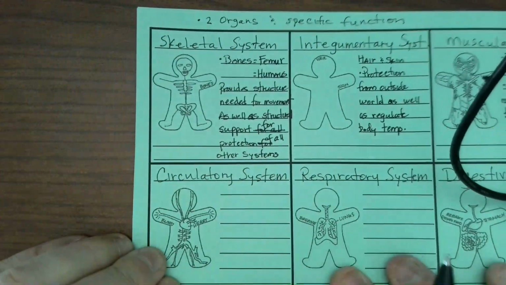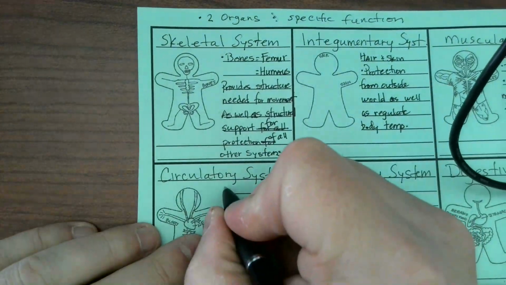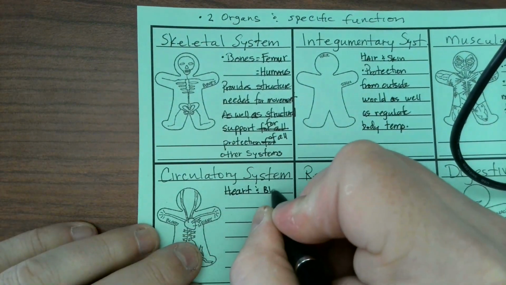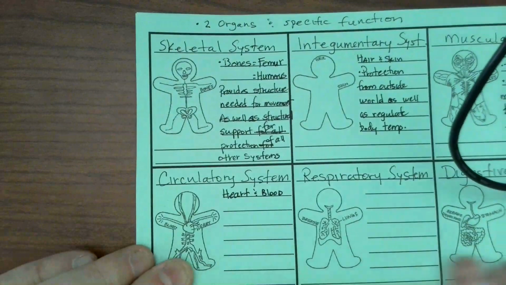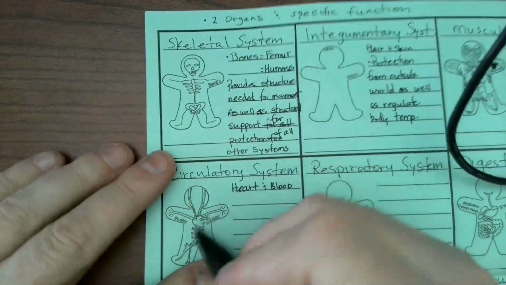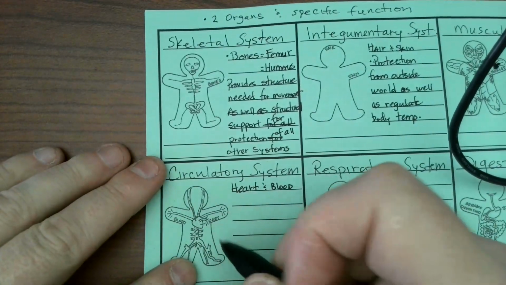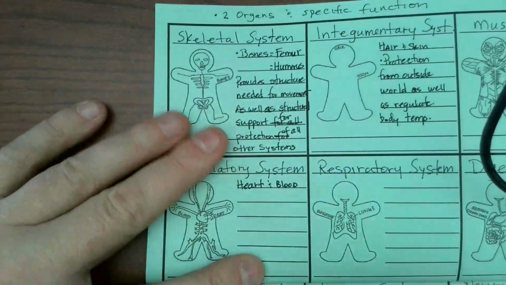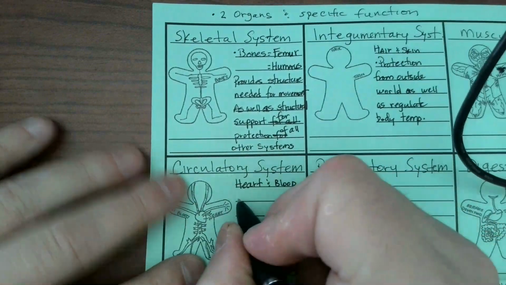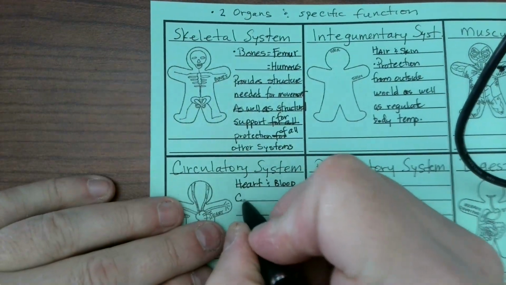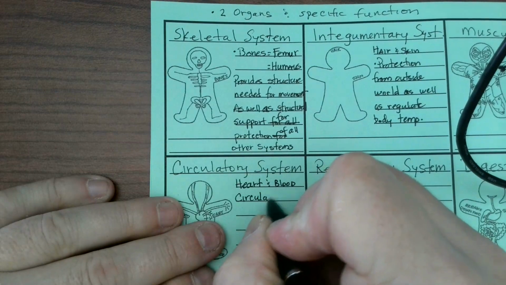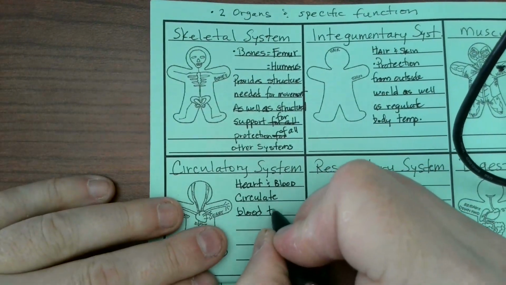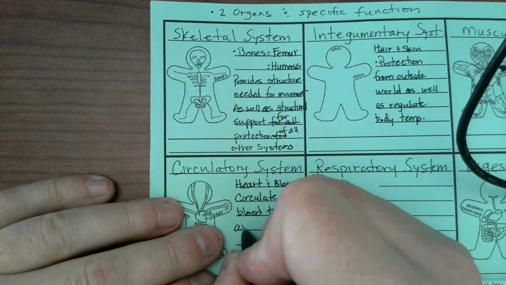Okay, the circulatory system. Our organs are already listed, so we're just going to write those: heart and blood. But we could also put the arteries and vascular system in the body as part of this. The circulatory system's job is to circulate blood to and from